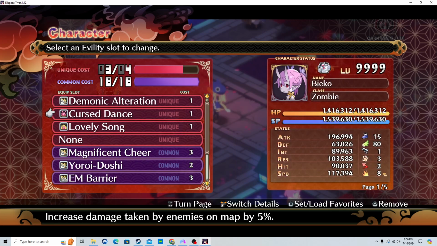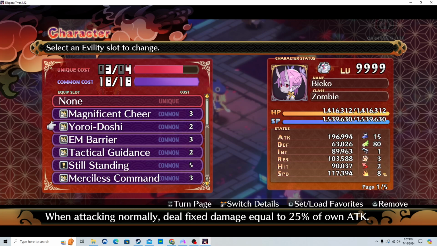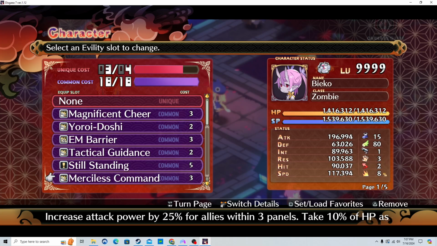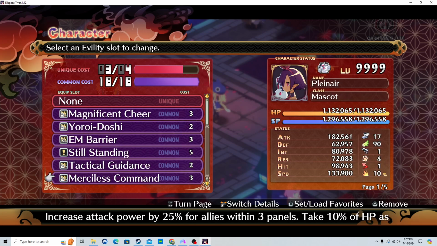You do need to have at least 2 extra ability slots here for Lovely Song Curse Dance. Again, you might be able to get away with less. But these guys are important. They should have Magnificent Cheer. You don't need Yoroi-Doshi. Again, that's just me being lazy. EM Barrier, Tactical Guidance, Still Standing, Merciless Command. And you need that for all of the characters that you're going to need, which again is going to be